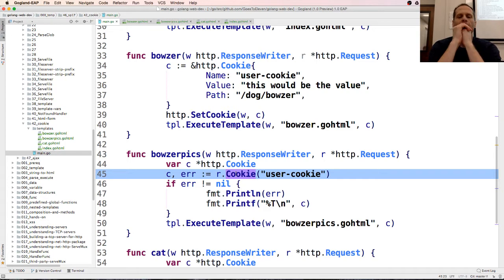That's interesting. Only the name and the value came back. It didn't bring back the path. I've read about that once before. I forgot about it until just right now. Like right here, if we just print out